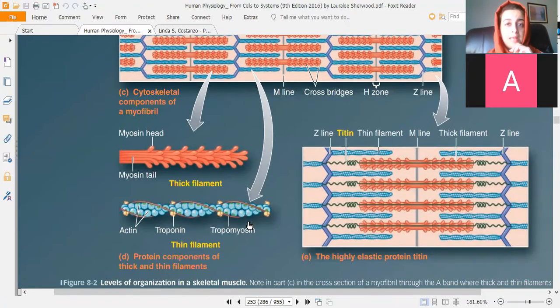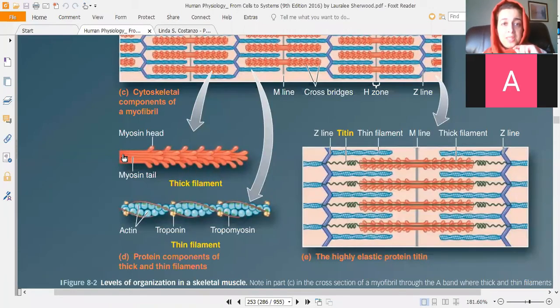And the diagram looking at these filaments at an even closer magnification. So you can see these are like stacked up matchsticks, except that there are two heads on these matchsticks, which are kind of angled away from the rest of the body. And they overlap each other and form a thick filament.